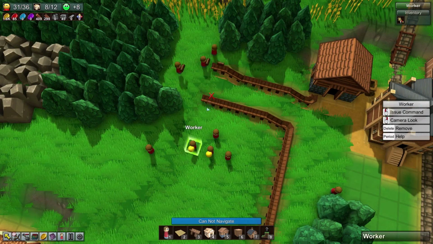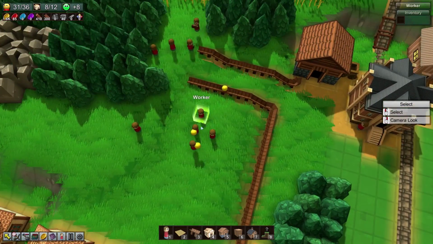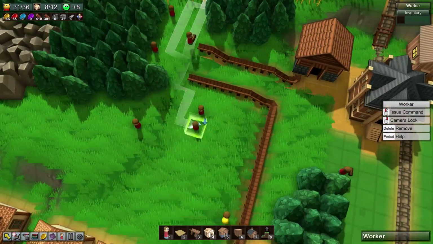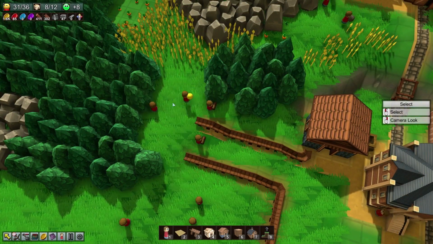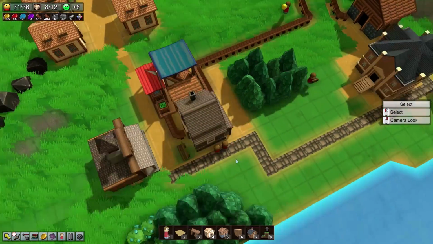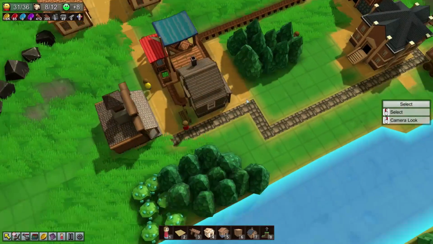Can we get you to drop this off, please? Just go ahead and do that for me. Same with you, please. There we are. Are you back to... Oh, you scallywag. Get down here, please. Oh, you managed to grab one before I was able to stop you. Okay, there we go. Let's get all of these fellas back up here. Now, we may